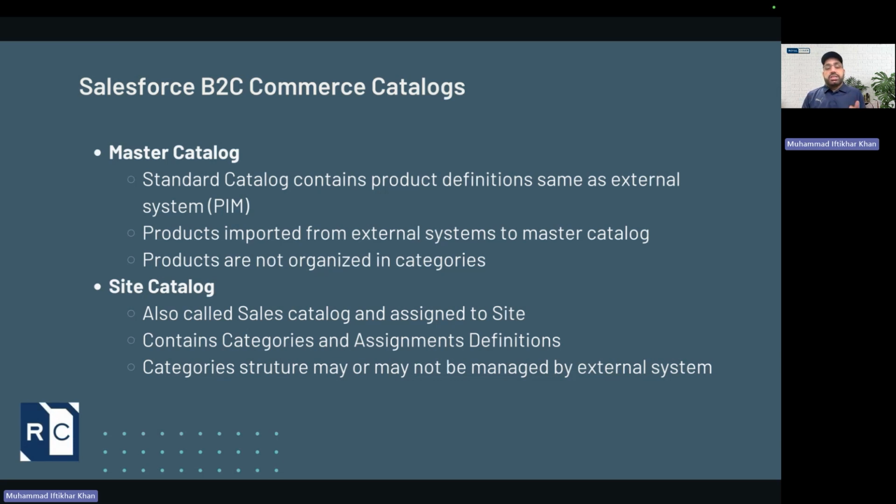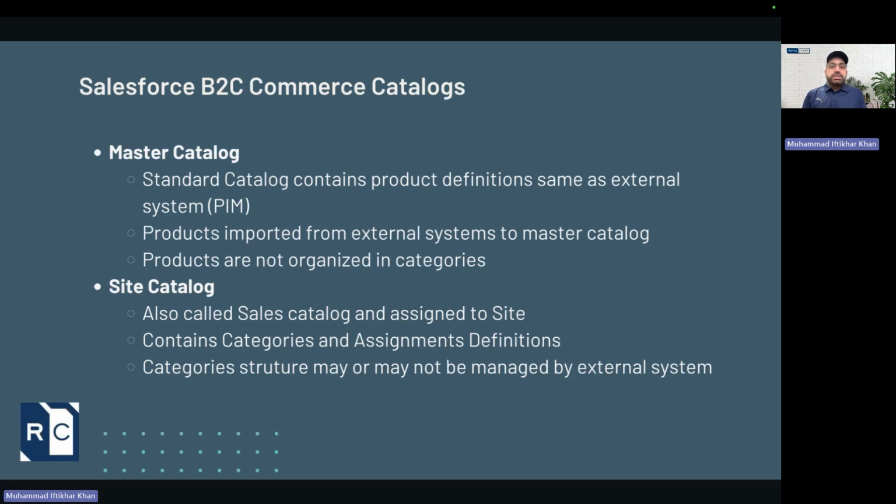So the merchants can create multiple site catalogs in the backend to manage the presentation of their catalog products to the storefront. This is referred to as a site catalog or sales catalog,